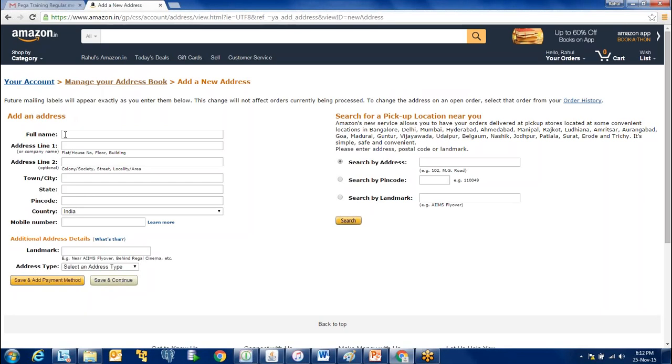So you have that add an address, you can just fill it up and then you're good to go. What actually happens in the backend is first you have the validation for your current account, you have manage your address book and add a new address. In order to add a new address, you have gone through actually 3 steps, step 1, step 2, step 3. Internally Amazon is also using Pega.